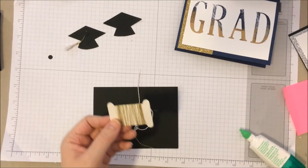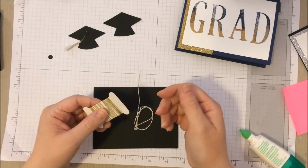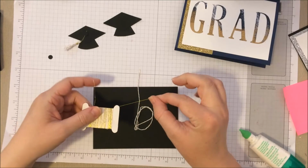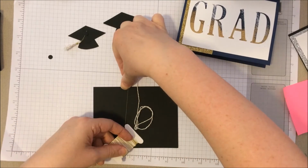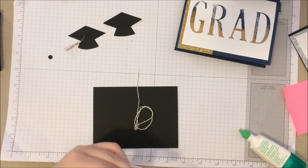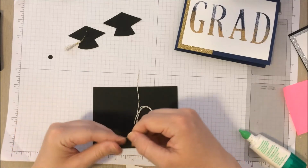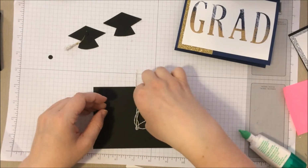Okay. So we also sell this wonderful magnetic, metallic thread. It's thinner than the baker's twine. You can see just how much thinner it is. So it's really good for tying really small knots for your tassels. Now, if you don't have any of this, you could do the same thing with the baker's twine. It's just going to be a thicker tassel when you're done. All right, so we're going to take our little